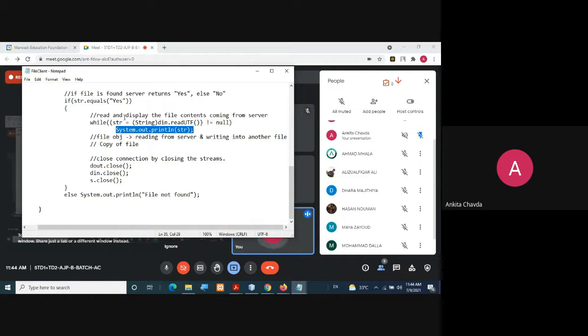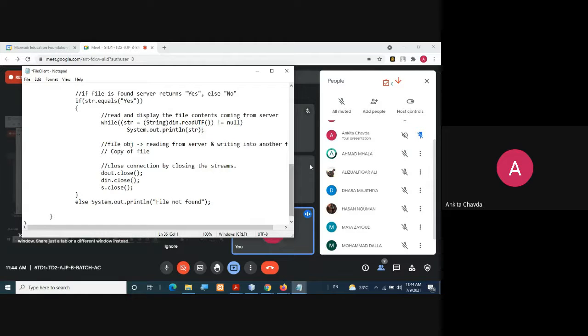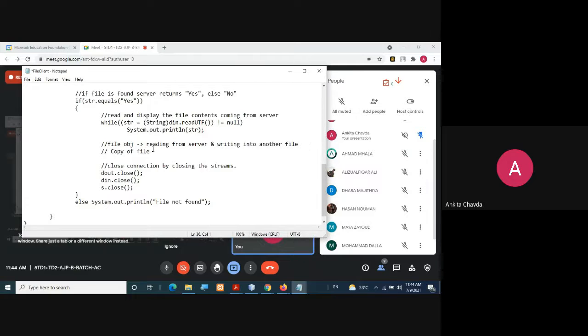So you have to create one file object, and in that, what you write is, I mean, it is your dout.writeUTF, and you can write that data here, right? So it is simply nothing but a copy of the file. But for now, I am just showing you that this is the content I have received from the server.